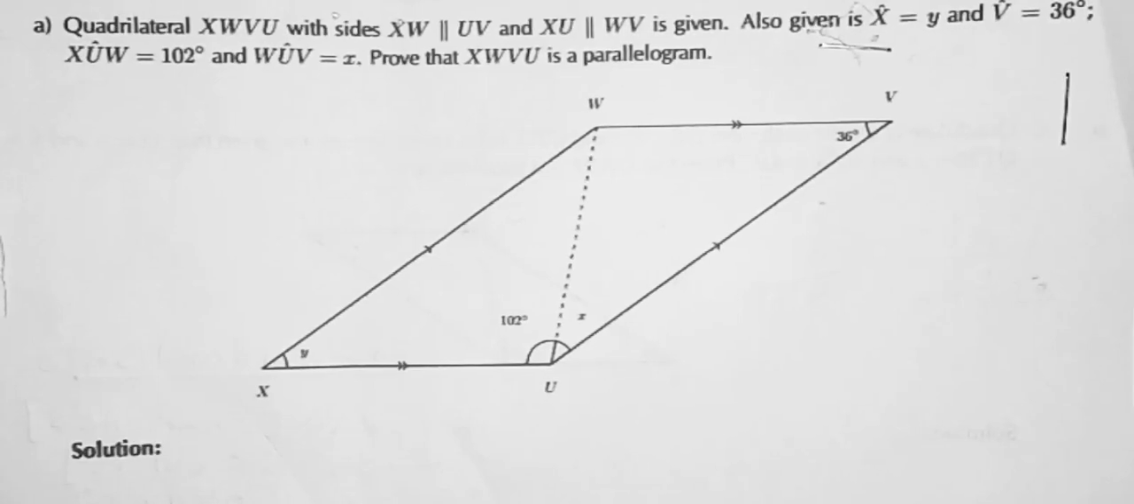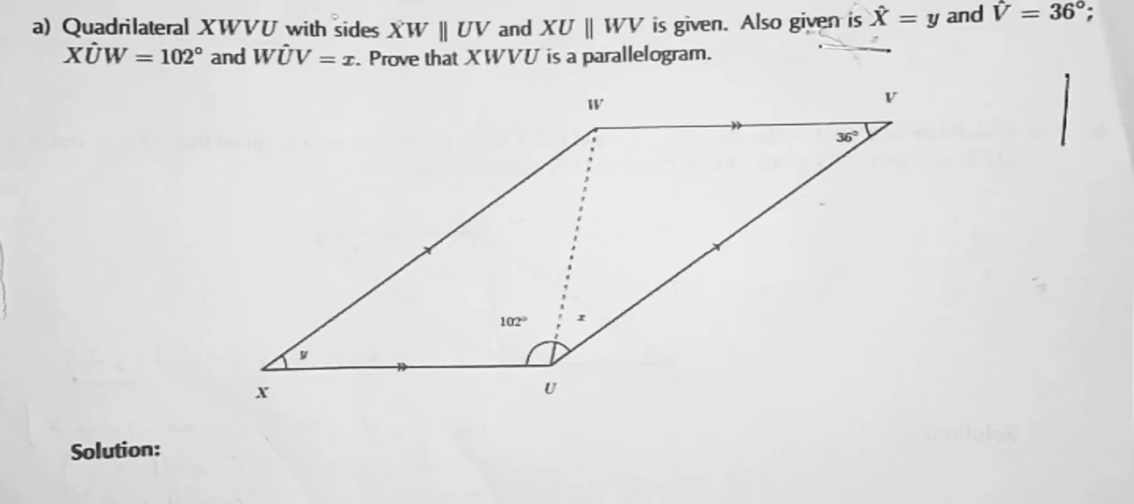Quadrilateral XWVU with side XW parallel to UV and XU parallel to WV is given. Also given is angle X equals angle Y and angle V equals 36 degrees. Angle XUW equals 102 degrees and angle WUV equals x. Prove that